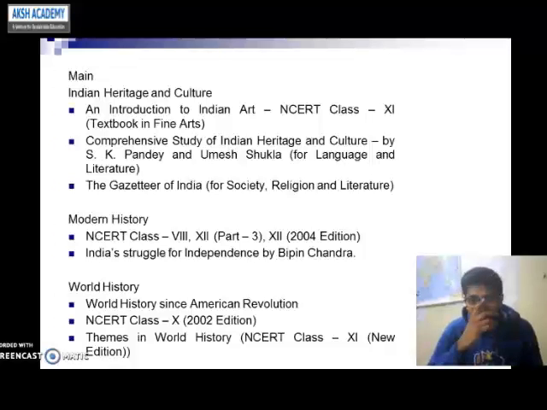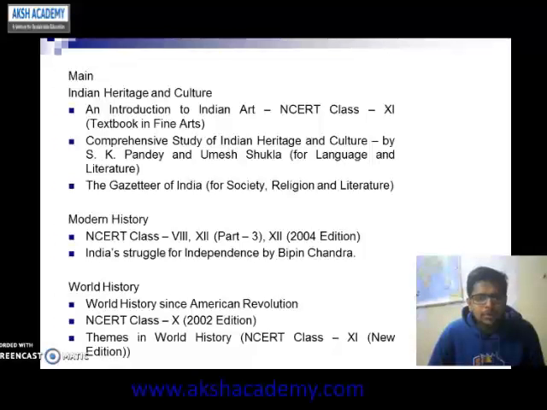Yeah, for mains in-depth study is required. So for Indian heritage and culture, An Introduction to Indian Art, the book which has already been mentioned in the prelims examination, will also be helpful in main examination. Second is A Comprehensive Study of Indian Heritage and Culture by S.K. Pandey and Umesh Shukla. Regarding this book, I will recommend that you follow a particular approach which